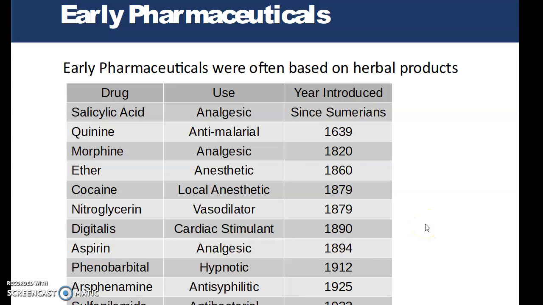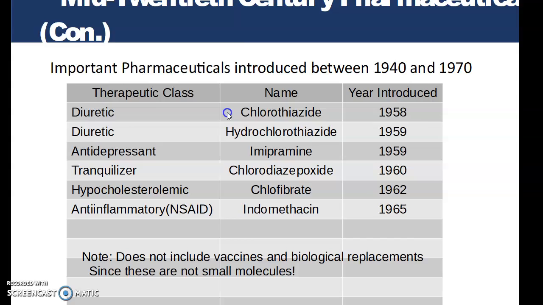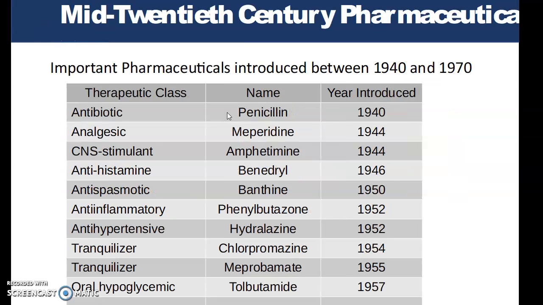Most of us think of penicillin as the first antibiotic, but that actually didn't happen until 1940. Sorry, this thing just jumps around from time to time. These are ones that were introduced between 1940 and 1970. You can see that we went from antibiotic to analgesic, meperidine, in 1944, and something to stimulate the CNS, amphetamine, that also started in 1944. Actually, it started even before that. It was introduced a few years before that